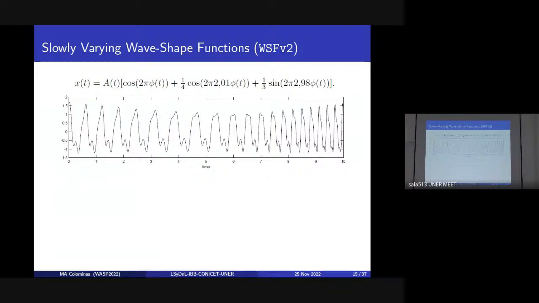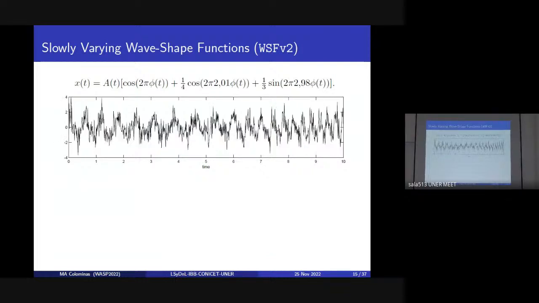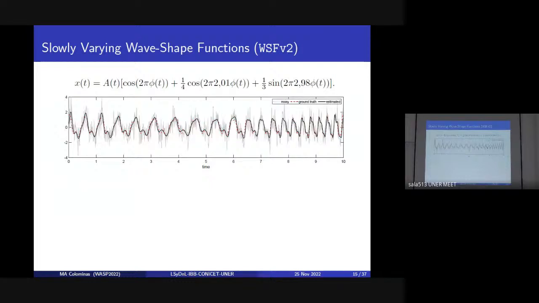And if we again add some noise at 0 dB, I didn't say, but this is Gaussian white noise with zero mean. If you add some noise at 0 dB, then you run and you have that. Again, this is the estimation in black, the ground truth in red, and still you can see that the